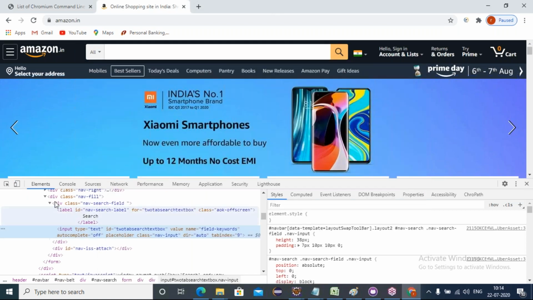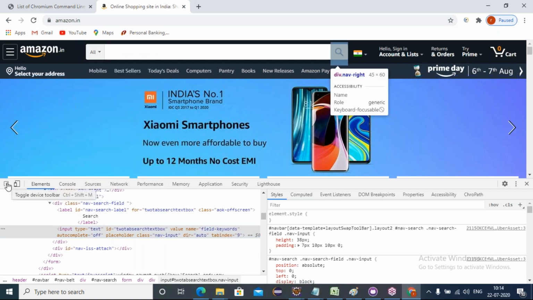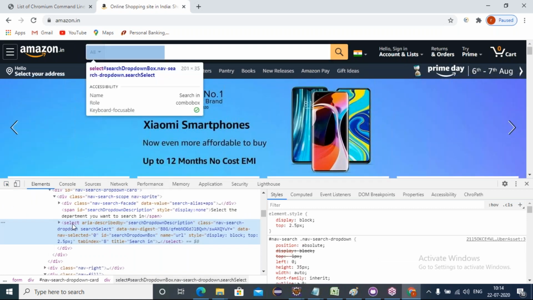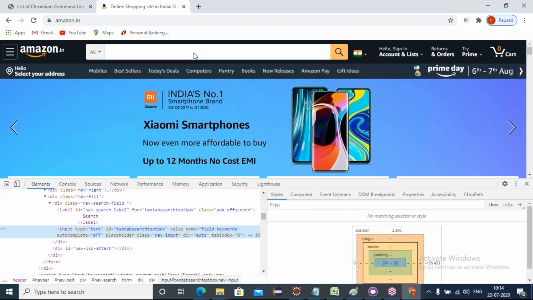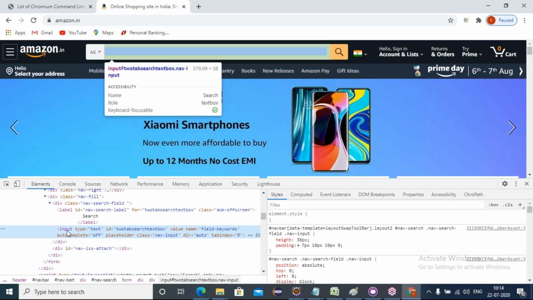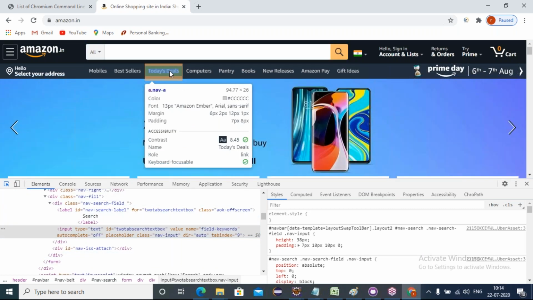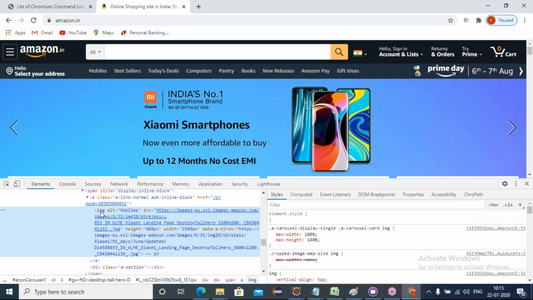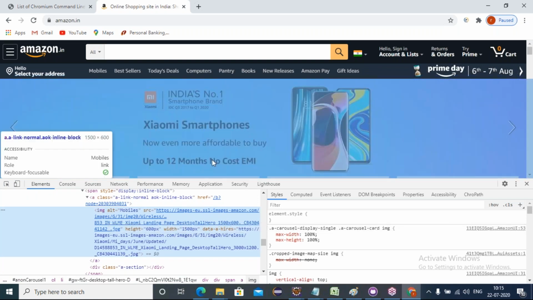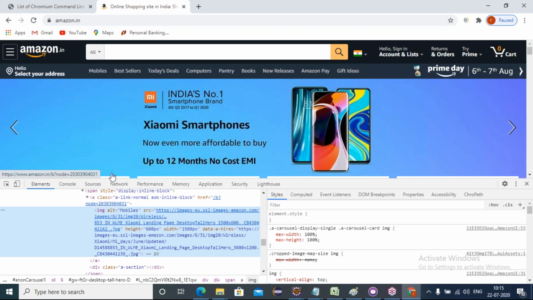Yeah. So every web element starts with an HTML tag name. What is this web element? Text box or drop down? Button? Drop down list? If you inspect this drop down, what is the HTML tag name for drop downs? Select. If you inspect the text box, what is the HTML tag name for text box? Input. If you inspect this link, what is the HTML tag name for links? Anchor. If I inspect that image, what is the HTML tag name? IMG. Every web element starts with respect to its tag name.